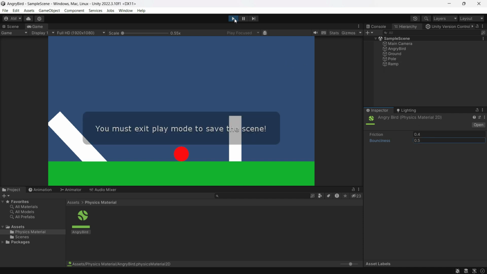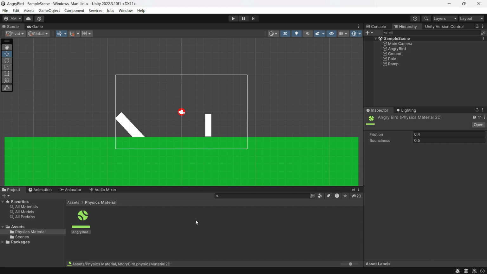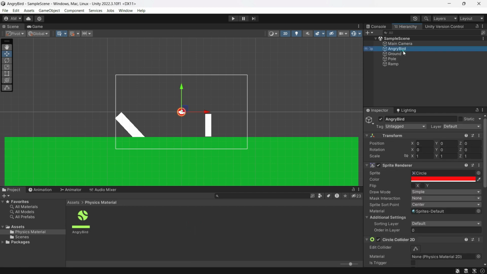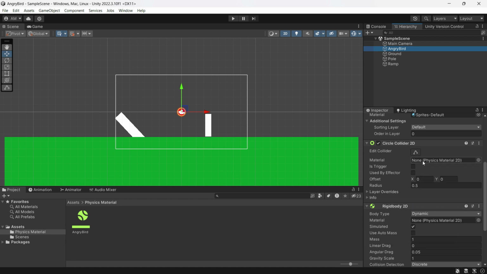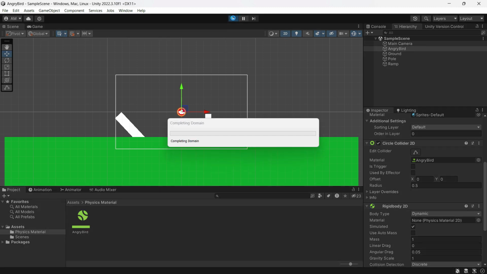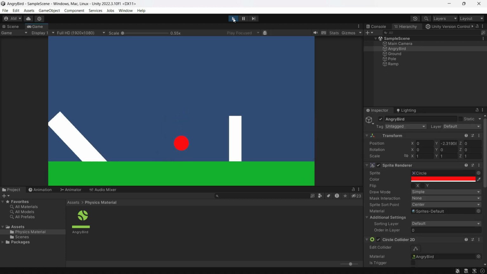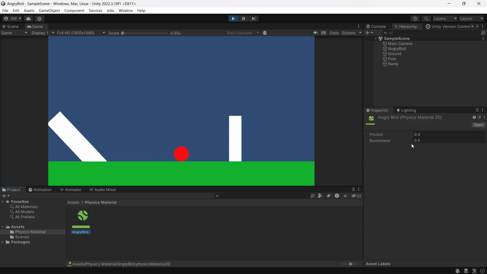Okay, so we haven't stopped playing. Let's go back to Angry Bird. Over here in the collider, you can see physics material. Drag and drop this physics material over here, and let's play again. Now you can see our Angry Bird bounces. You can easily alter the bounciness over here